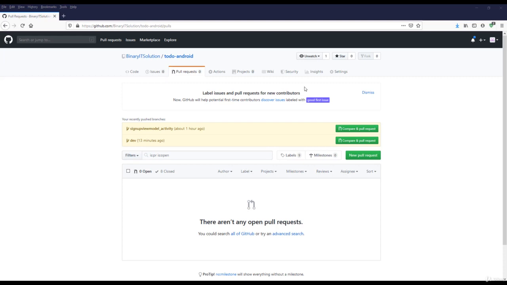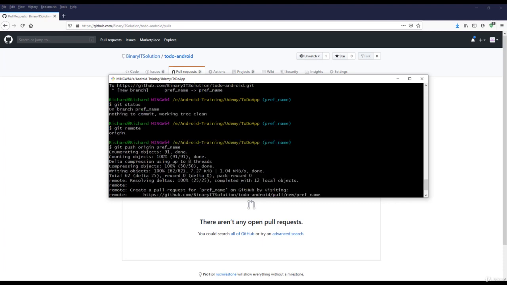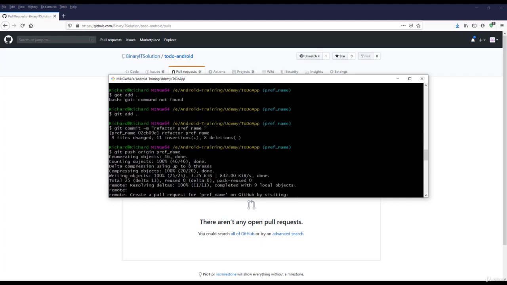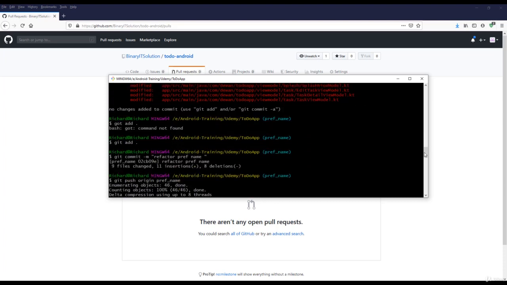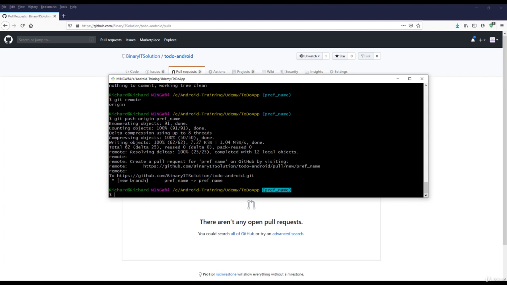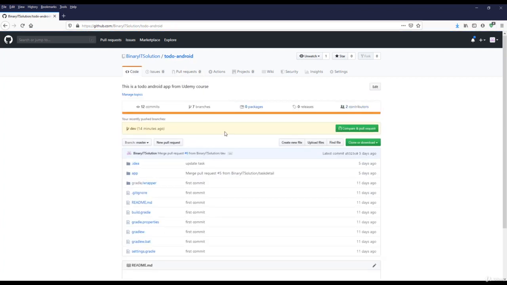Let us continue with our lesson. If we go back to the push over here, whatever we have pushed is the latest branch name. Make sure that this branch name contains all of your previous changes that we have done, so the profile, view model, and all of these things should be contained in this particular branch. If you go back to your GitHub account and go to the to do Android app,